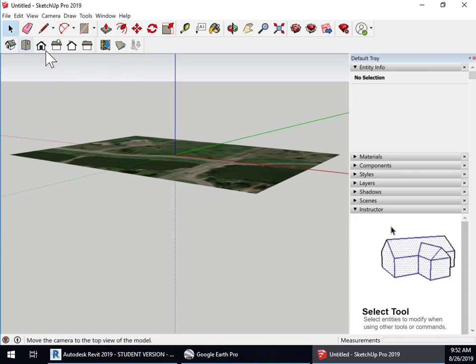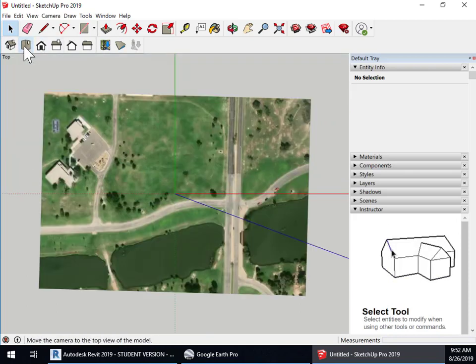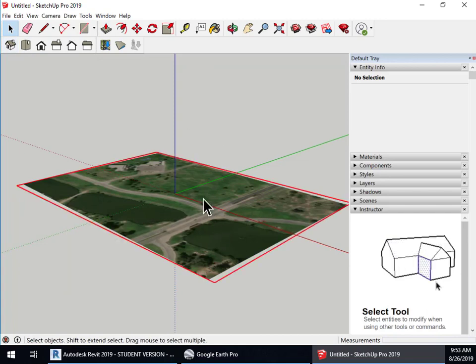If we use the little views here, one reason I have them open, if we go to vertically, we're going to see that it's not exactly on axis because that is true north and the map is rotated, or the topo is rotated just a little bit off of true north. So we'll correct that later inside of Revit. And so the next thing I'm going to do, I'll go back to this view here, and you'll see with